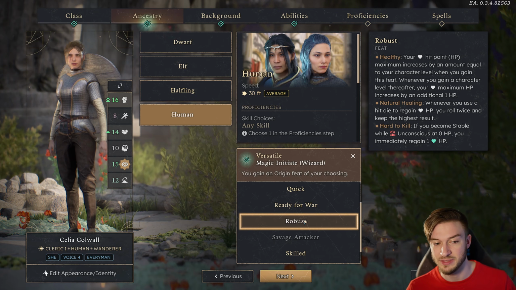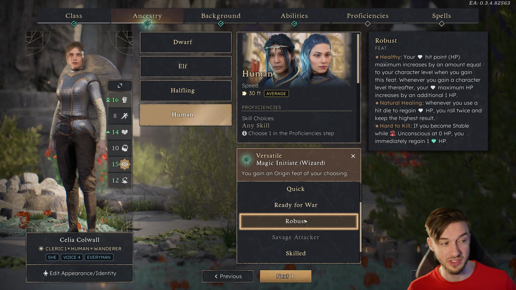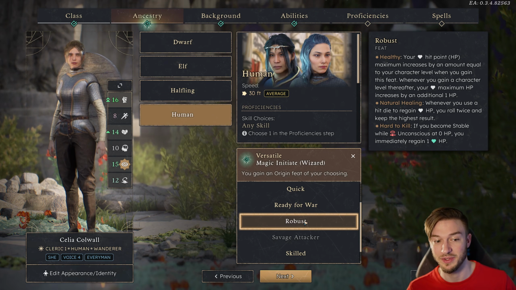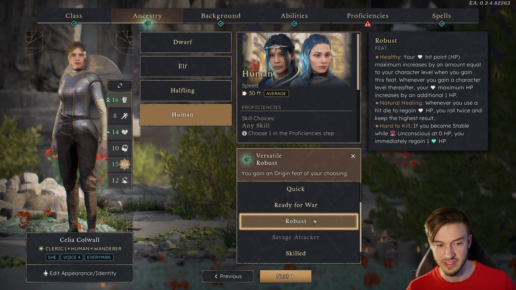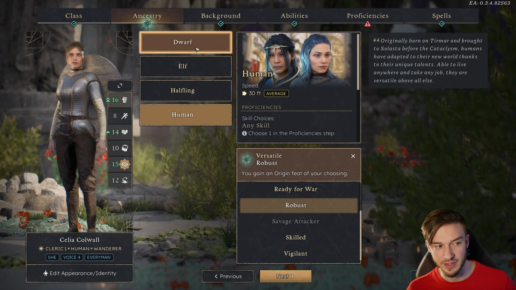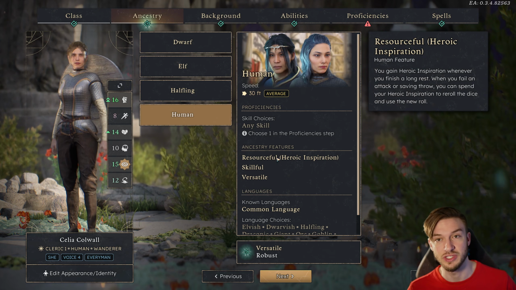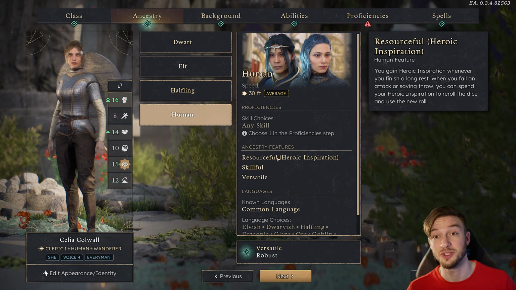And you get hard to kill. So if you become stable while unconscious at 0 hit points, you immediately regain 1. This is pretty good, especially because you don't want your cleric going down. So having them be hard to kill is actually a really nice feature to have. So this is one that I typically prefer to use just because we're getting more survivability, a little bit better than a dwarf, and we still get the skillfulness and especially resourcefulness from the heroic inspiration to protect ourselves from